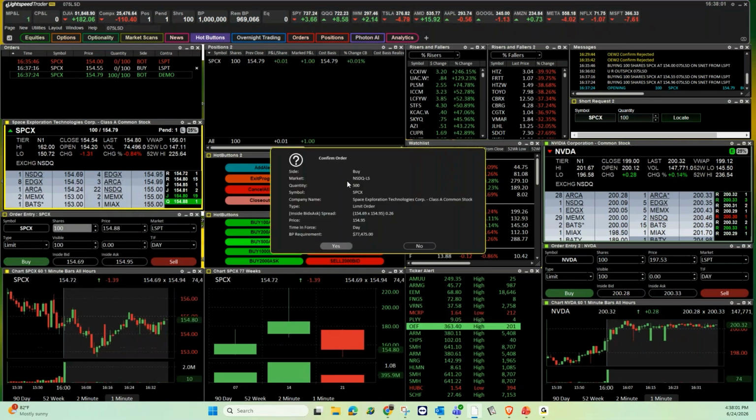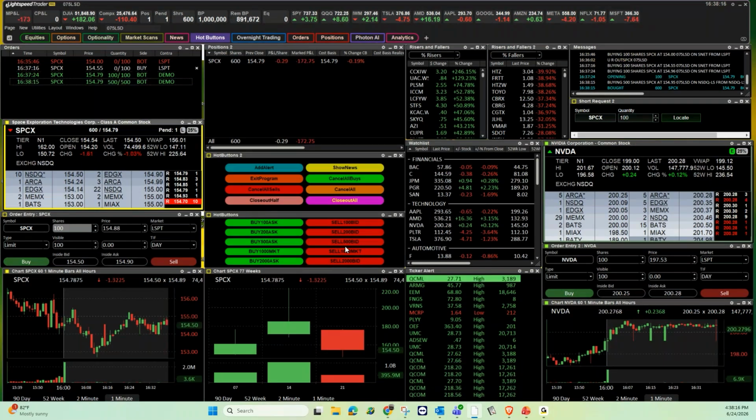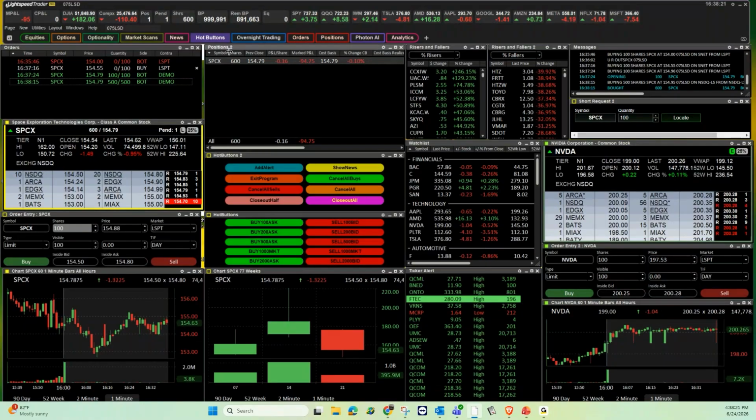So the hotkeys and buttons will override or bypass the order entry window, and the order will generate according to the parameters that you've already saved and preset. So for this, I want 500 at the ask, and that's what's queued up. I hit yes, that order goes in, and we can see that executed right away. I now show 600 shares in my positions window,